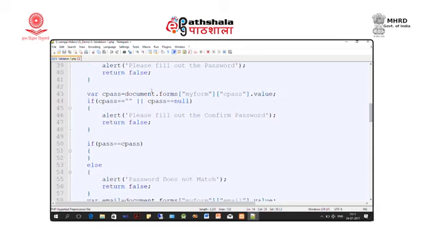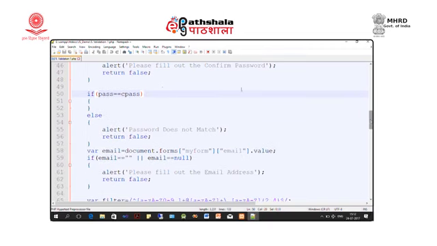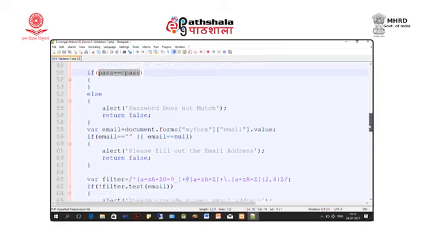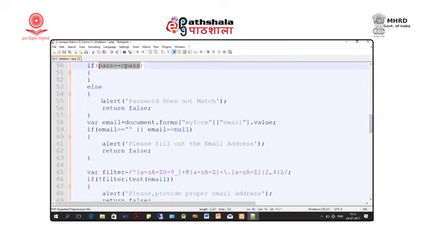Now, in the cpass variable we store the value of confirm password, which you can see from the highlighted code, and if it is null we must say please fill out the confirm password. If it is filled, next we check whether password and confirm password are the same. If it is the same, we proceed further, else we say password does not match.